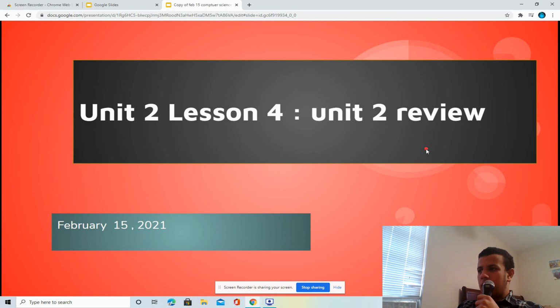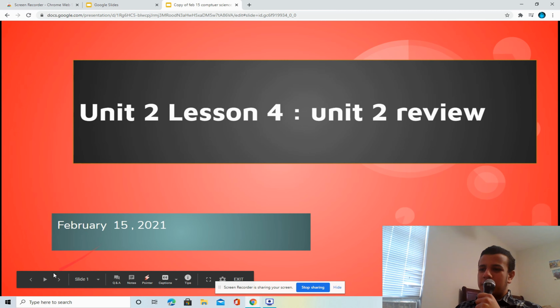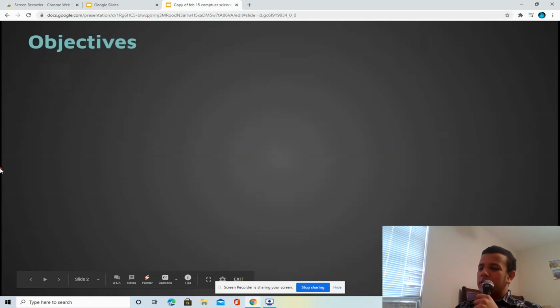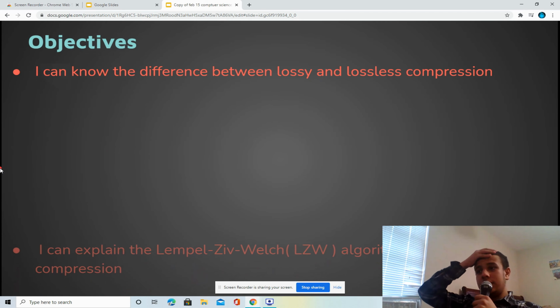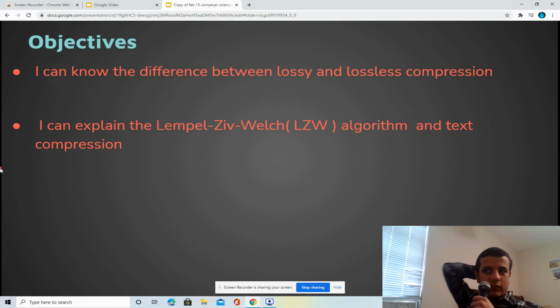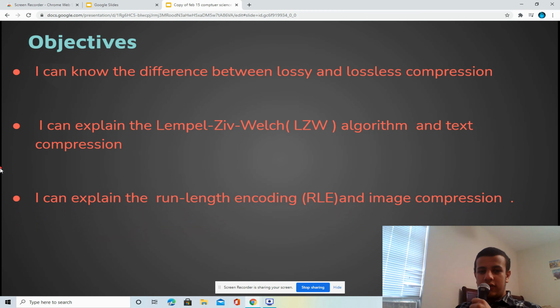Lesson 4. This unit is a Unit 2 review. So we're just going to review everything from this unit, and then we'll go on from there. So the objectives for this unit is I can know the difference between